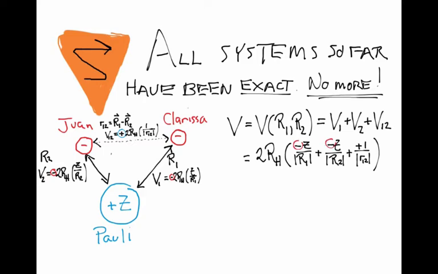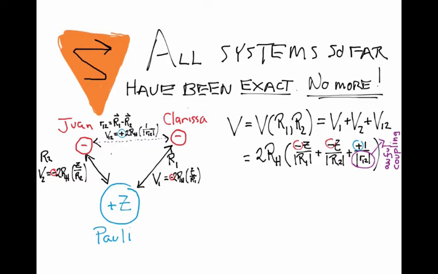Again, we have these two negative signs. Those are attractive. And then we have the positive sign. And it's that R12 term there, that little R12, that has to do with the distance between Clarissa and Juan, and it depends on every one of the 6 other variables, the 6 independent variables that describe position. So R1, Juan's position as a vector, has R1, the radial distance, theta 1, and phi 1. Actually, that's Clarissa, excuse me. Juan's position would be R2, and that's got, or position 2 has got a radius R2, a theta 2, and a phi 2. So there's 6 independent variables that can describe where Clarissa and Juan are simultaneously with respect to